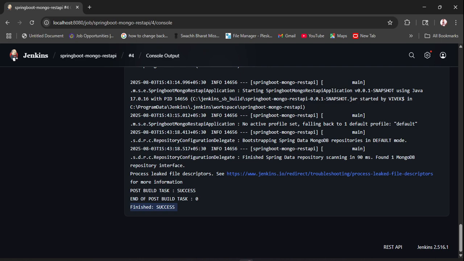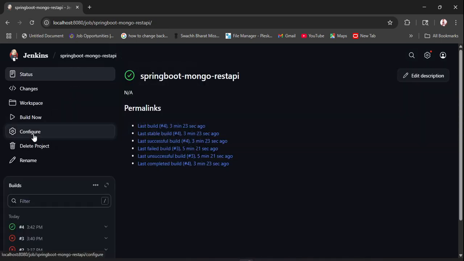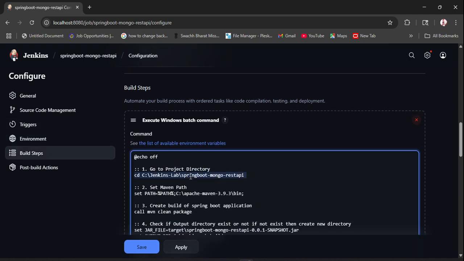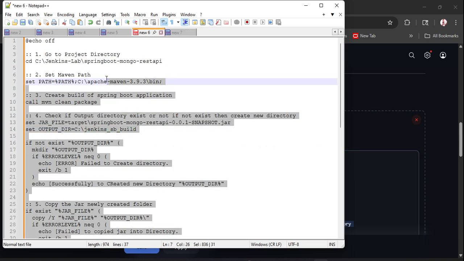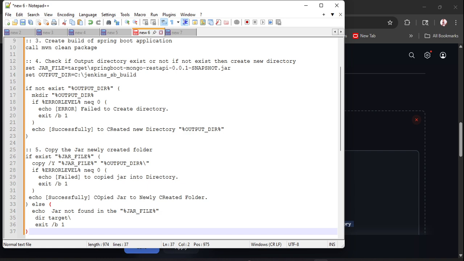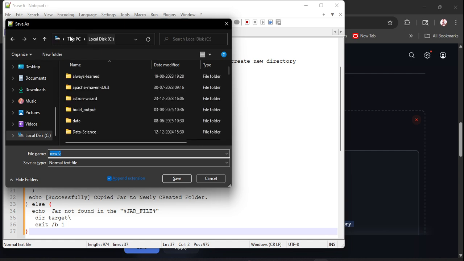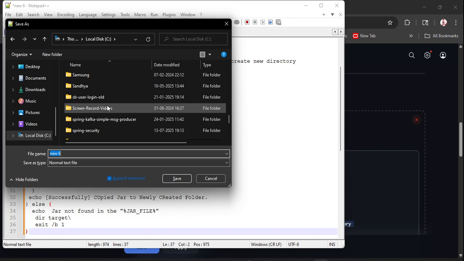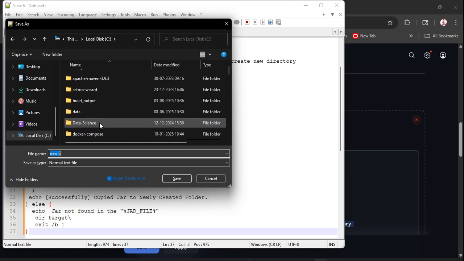So one more thing we can do: copying this script and pasting this script into our notepad. So I'm just copying this script and pasting in here, saving this script into our C drive. Right now I'm just going to the Jenkins folder. And where is Jenkins? Okay,